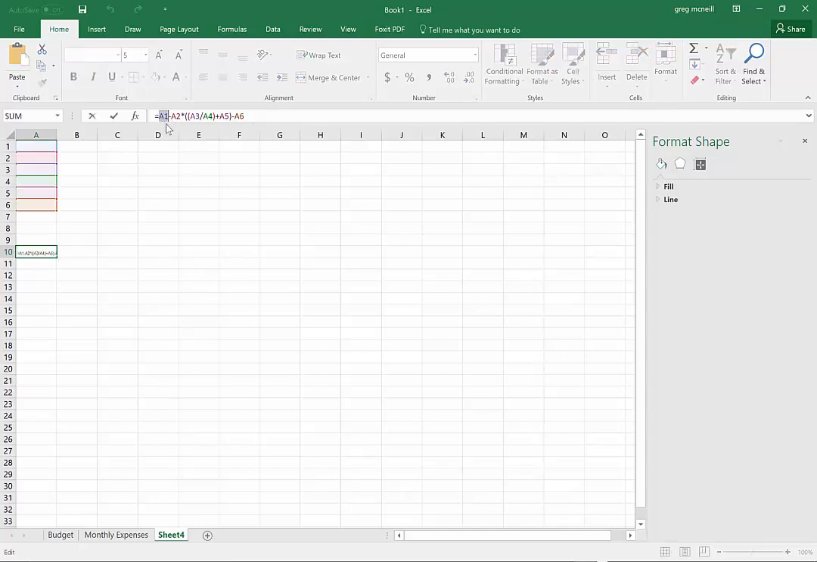So it's saying that cell A1 is going to be subtracted from cell A2, which is going to be multiplied by A3, which has been divided by A4, which is all added to A5 and subtracted by A6. I say yes, that's the formula I want, and I get an error. Div 0, because none of these cells have values. As soon as they do,